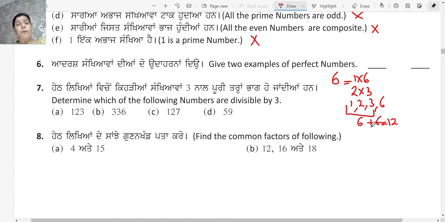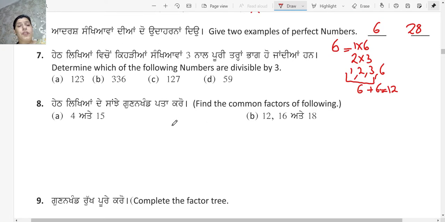ठीक है, तो परफेक्ट नंबर्स के लिए यू हैव द डेफिनेशन. The number is called a perfect number. वो नंबर परफेक्ट नंबर होता है जिसके फैक्टर्स को प्लस करके नंबर का डबल बनता है. तो अब 6 था, इसके फैक्टर्स को प्लस करके 12 बना, that is double of 6. So 6 is a perfect number. Similarly you can check the factors of 28. 28 is also a perfect number.